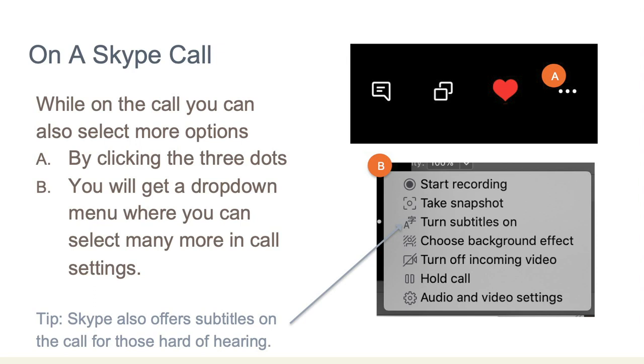So when we're on a Skype call, apart from texting and letting other people see our screens and adding little emotions, we can also do a bunch of other things, such as record the actual video conversation that we're having. So if it's a really special moment or someone's showing you how to cook something and you want to always have that there,